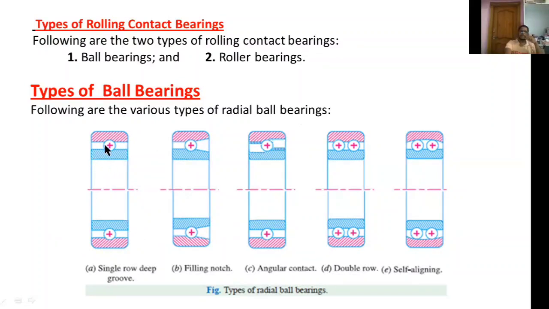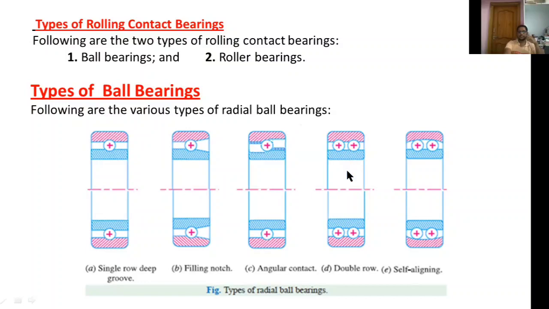Okay, in a single row deep groove ball bearing, we are using one row of balls. In double row ball bearings, we are using two rows of balls. The contact area for the balls in a single row ball bearing is very small compared to double row ball bearings. So single row ball bearings have less capacity to resist shock loads or impact loads, whereas